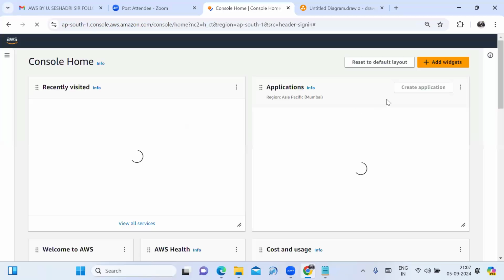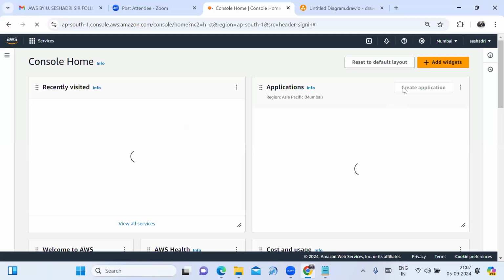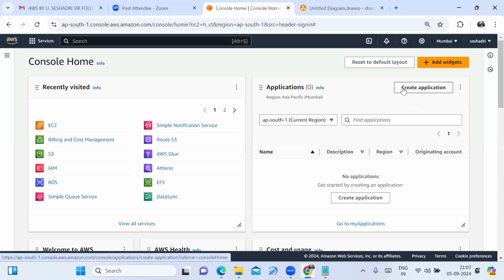Friends, you are launching the Windows server. You can launch and connect the Windows server. I'm using the terminology instance, machine, or server. All are the same terminology, friends.